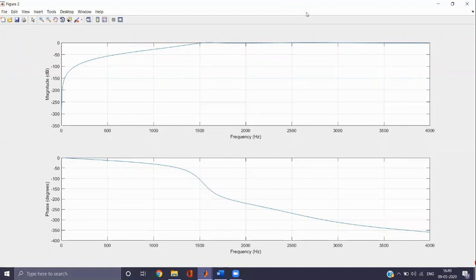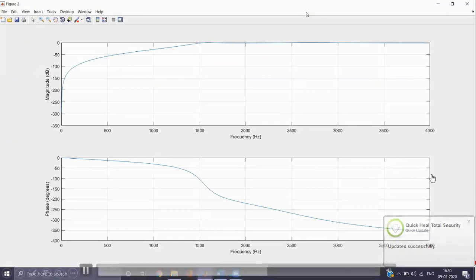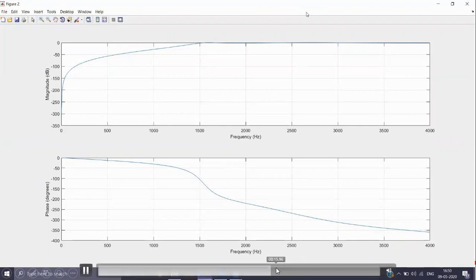In a high pass filter, the pass band cutoff frequency is always greater than the stop band cutoff frequency. First comes the stop band, followed by the transition band, followed by the pass band. Once the high pass filter design is done, we can go for band pass filter design. And we can see the response of band pass and band stop after the high pass response.